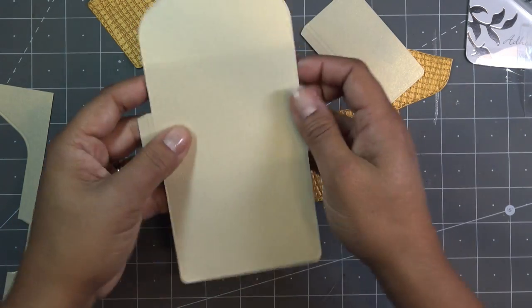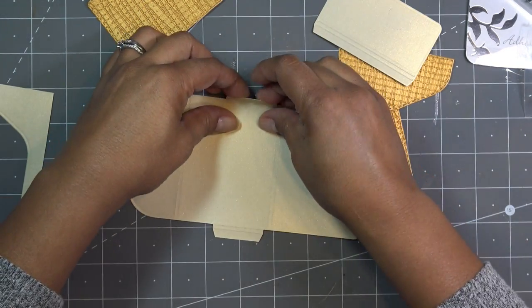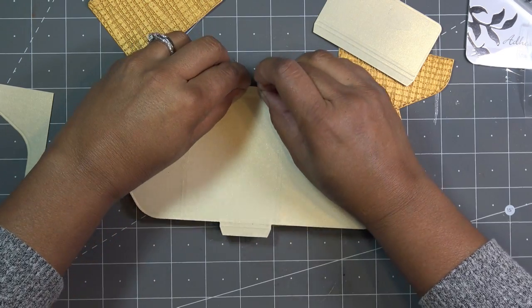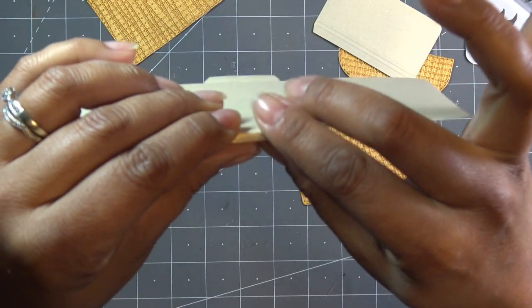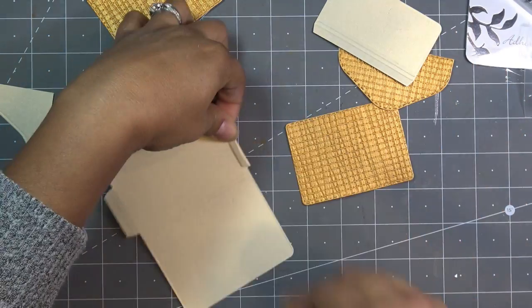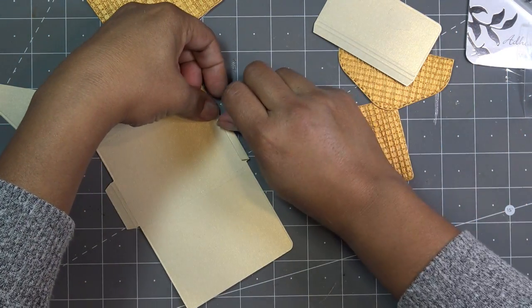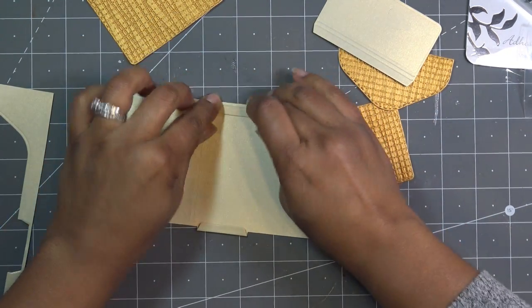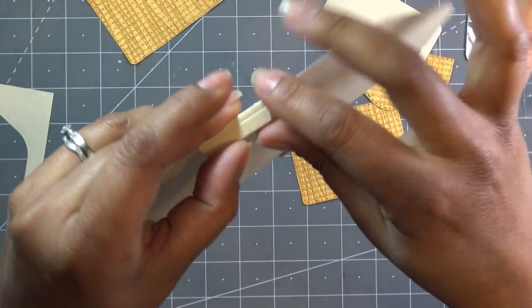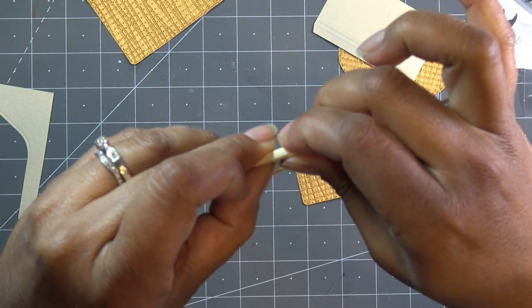So, okay. I'm going to go ahead and fold these on our lines like we always do. And these lines are very close together, so usually what I do is I roll them in my hands. At least that's what I try to do. And if you want to use a bone folder, please do. So I'm going to go through and just pretty much roll all these little